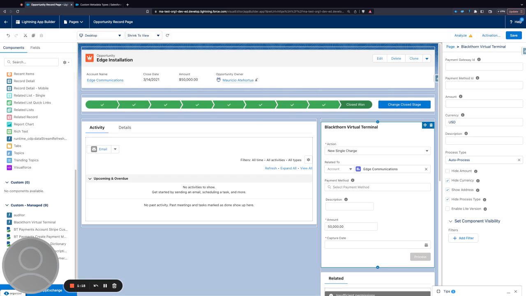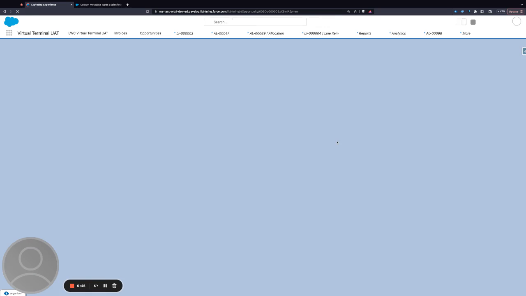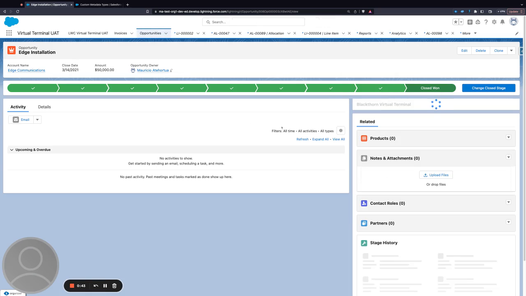whether it's on an LWC, on a Lightning record page, so you could, for example, have certain rules for an opportunity, or you could have different ones if you were to place this on an invoice. So yeah, it's really up to you how you configure the virtual terminal, and that's what's good about configurability. And then once you're done with setting all of the fields that you want displayed, you go ahead and save that. And now every time a user navigates to a particular opportunity,